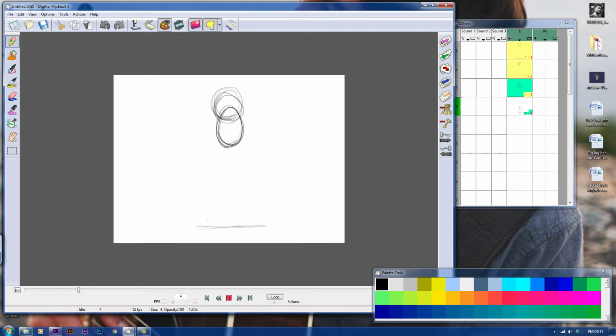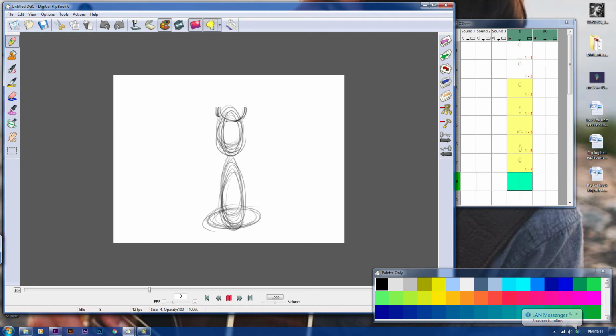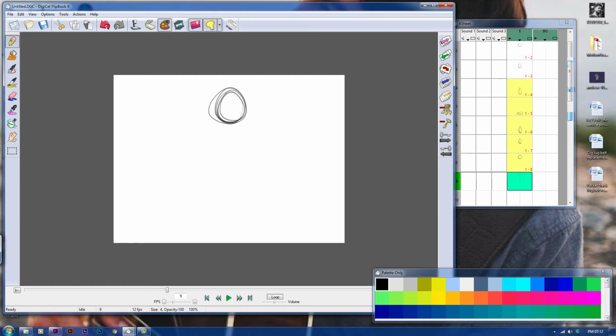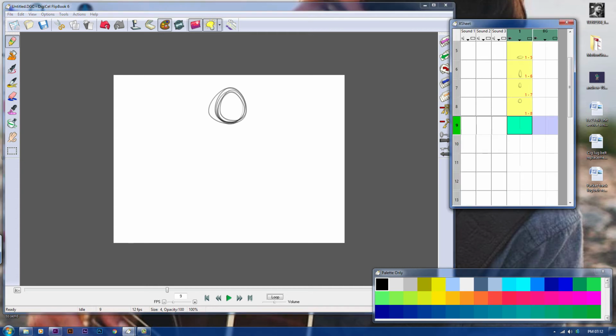Okay, and then here's the squash, and then it'll bounce back up, go back up and settle. Let's have another pose here. Okay, so if I make this a loop,